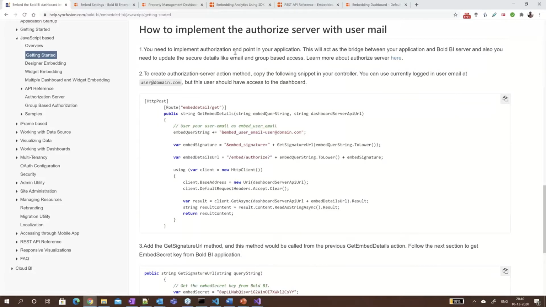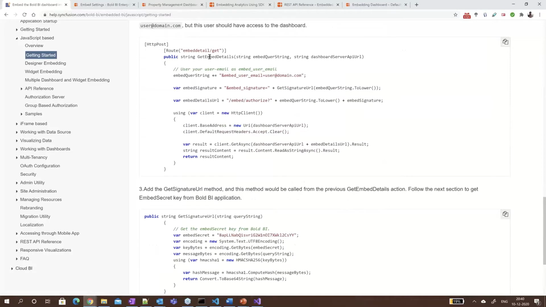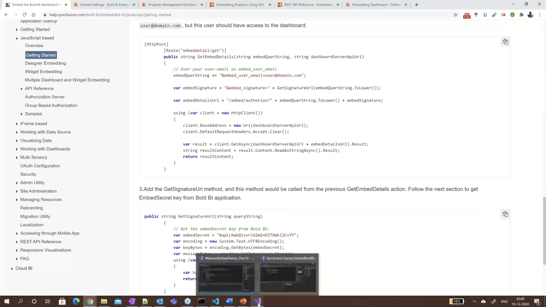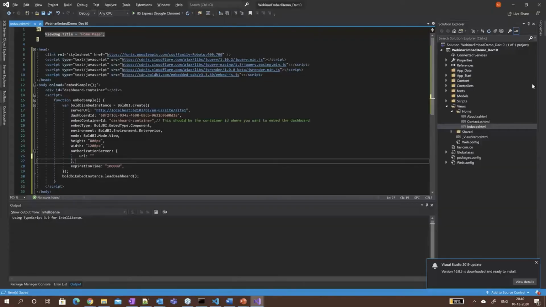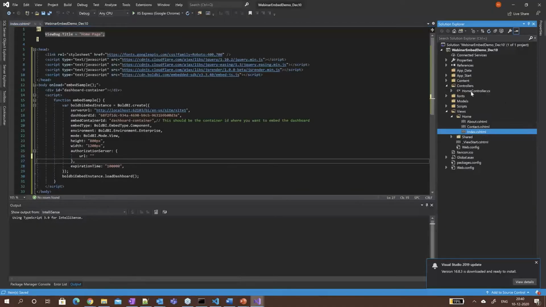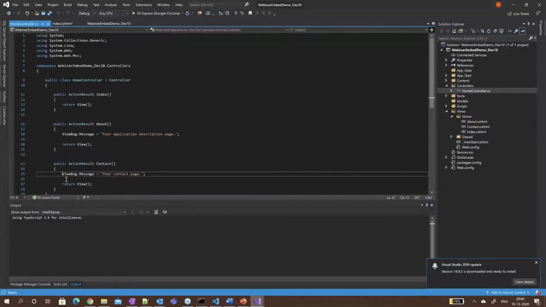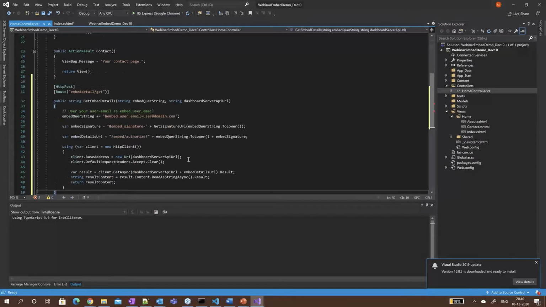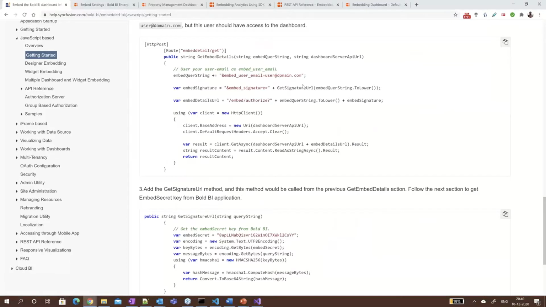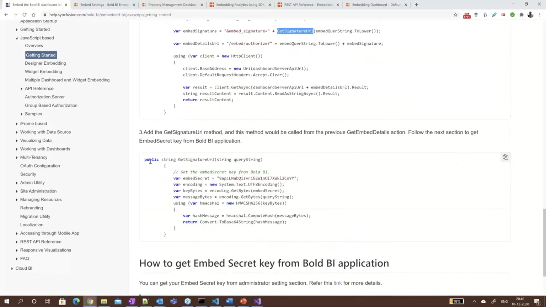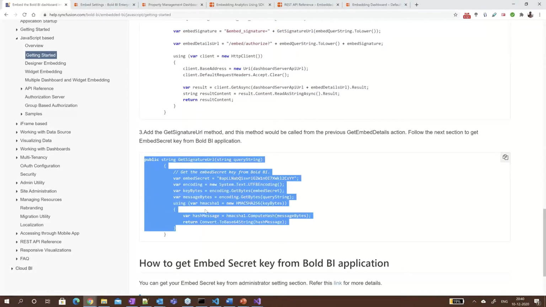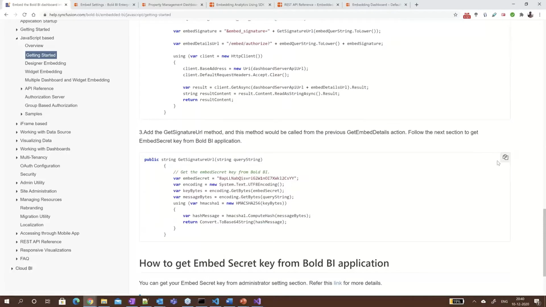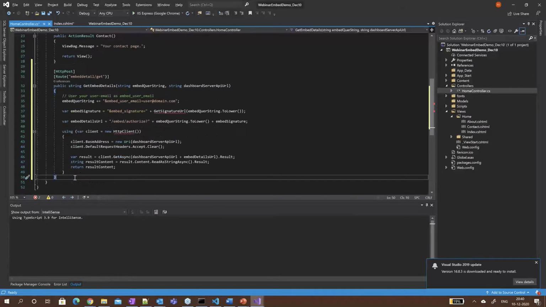Here we are going to copy the authorization server code, that is get embed details, into the home controller. This requires a get signature URL method. Again, from the Getting Started page, I'm going to copy the get signature URL method.